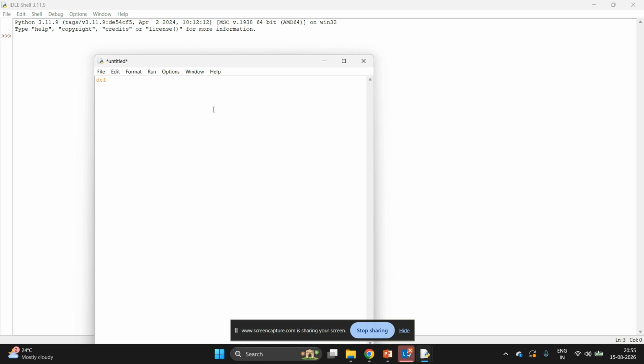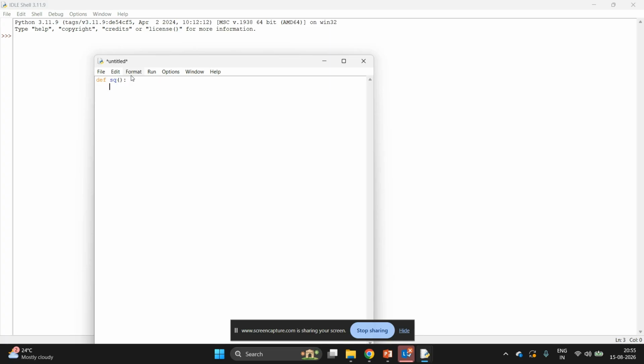Suppose here I am using the sq function for calculating the square of a number. As this is a function, it has parentheses. The body starts after the colon. As I press the enter key, the indentation, the space, will be automatically given ahead of the def keyword.